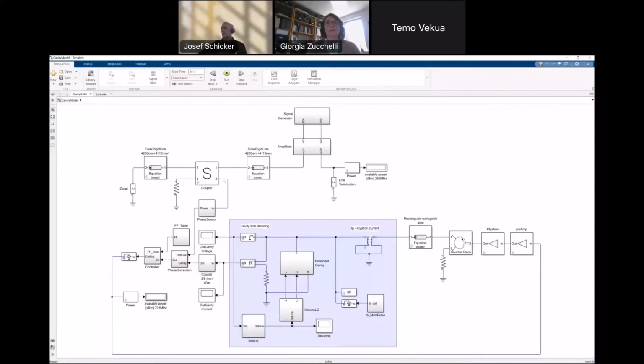This is just one part of the section, and the signal is amplified to a certain power level. In this case, we actually had two phase lines, a long one and a short one, but we're only using the phase of one of the two lines. We probe the phase of the signal, and we use this phase to control the phase of our resonant cavity.